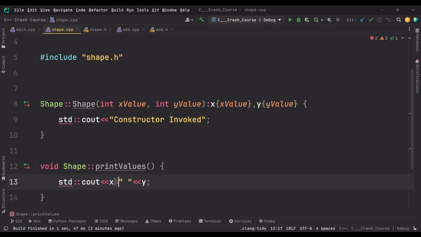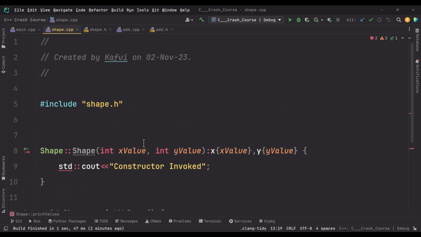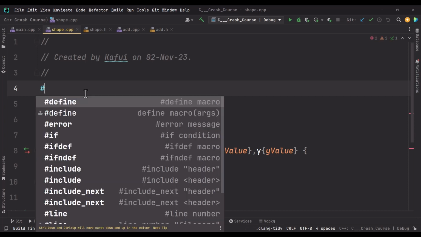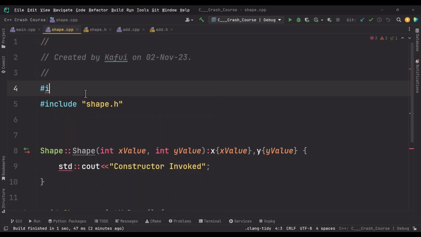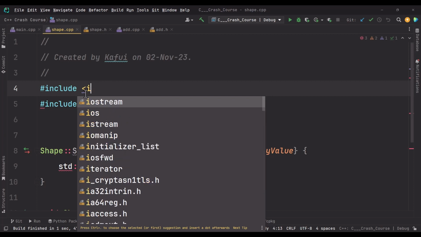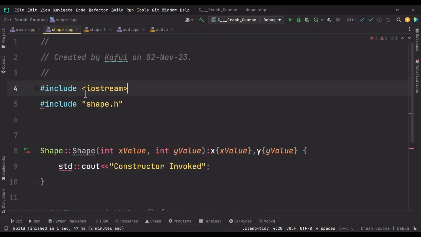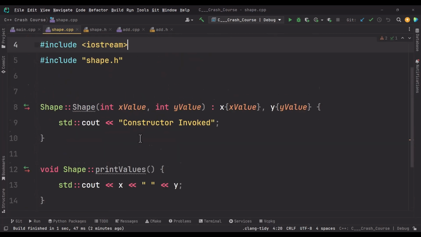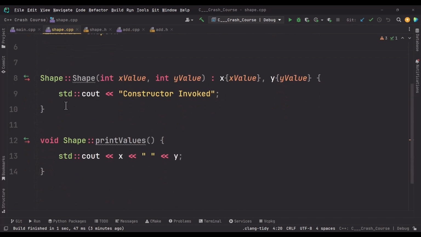We are getting this error here because I have to bring in the iostream. So I'll use the include directive here, since it's part of the C++ library. So we have to use what? Angle brackets, and we are good to go. So this is the shape class definition with the function